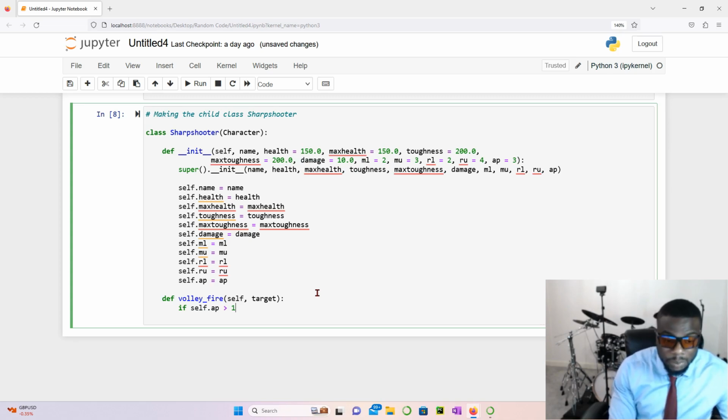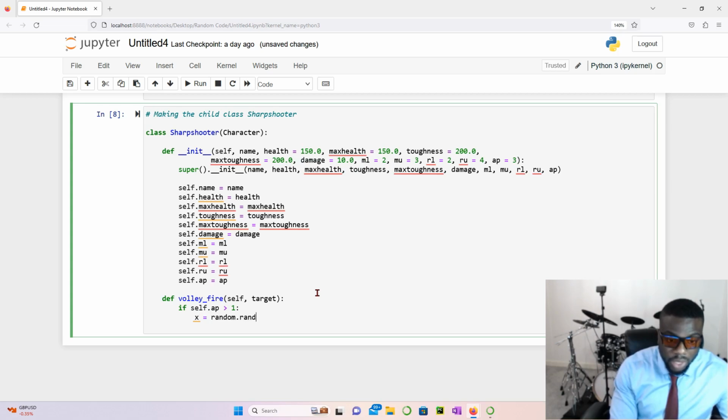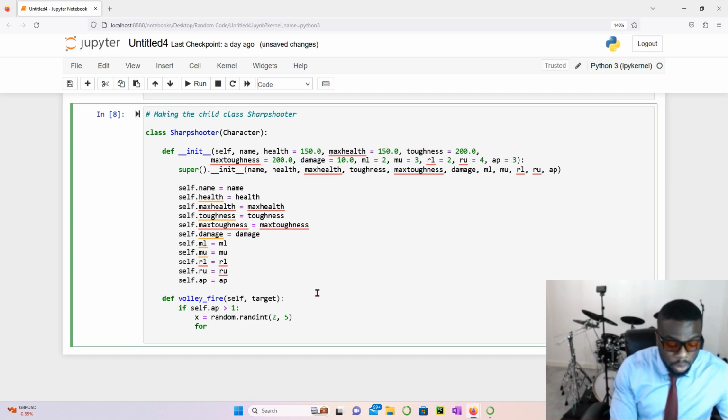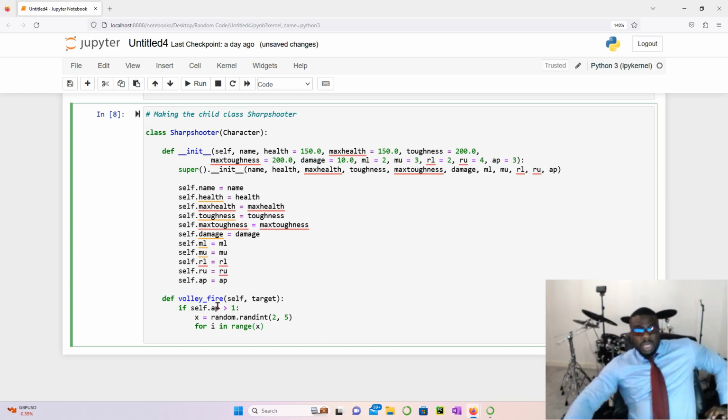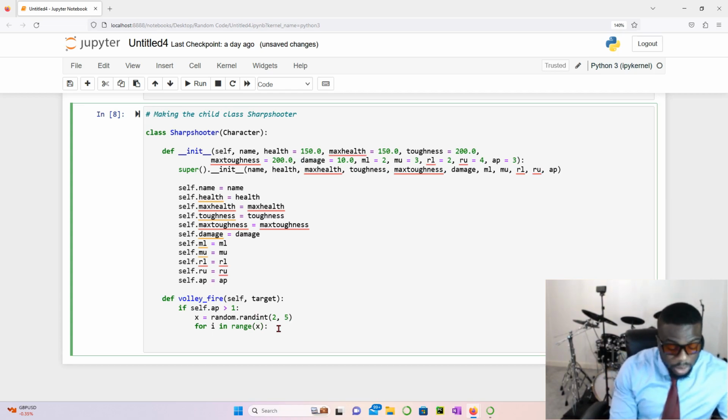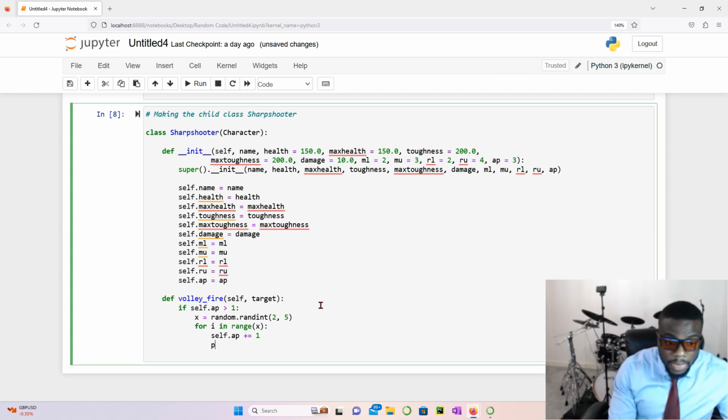So if self.ap is more than 1, then x equals random.randint between 2 and 5. So for i in range x, so let's say x falls on 5. For i in range x, self.ap plus equals 1, and then print